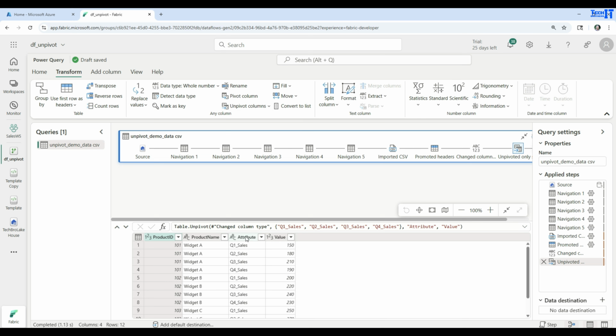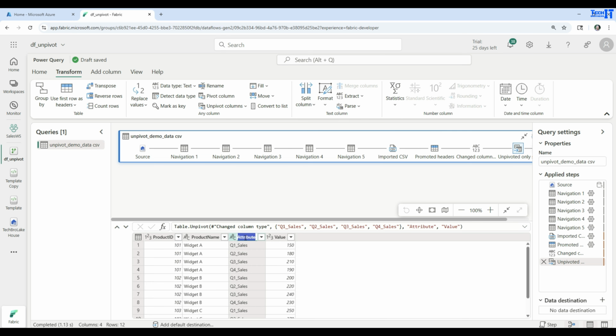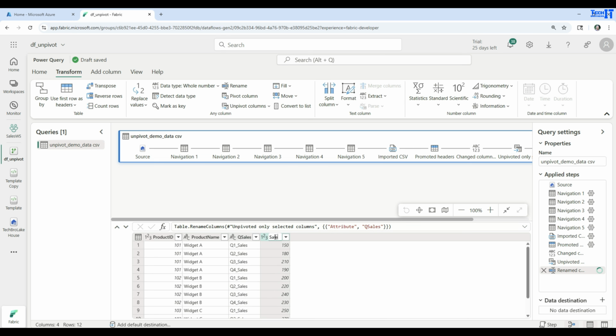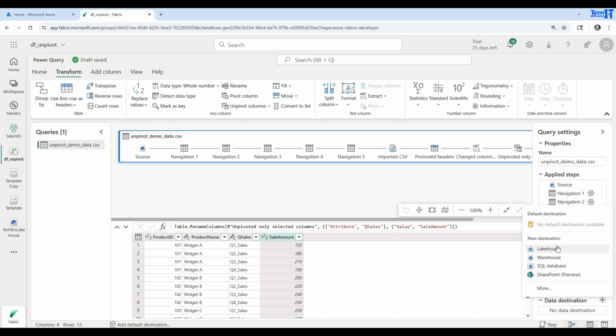Our data is ready. I can change the column names, or maybe I call it, instead of attribute, I will say Q sale, quarterly sale, and here I will say sale amount. So I can say sale amount. Okay, so I renamed those columns, and now I can go ahead and add destination right here,